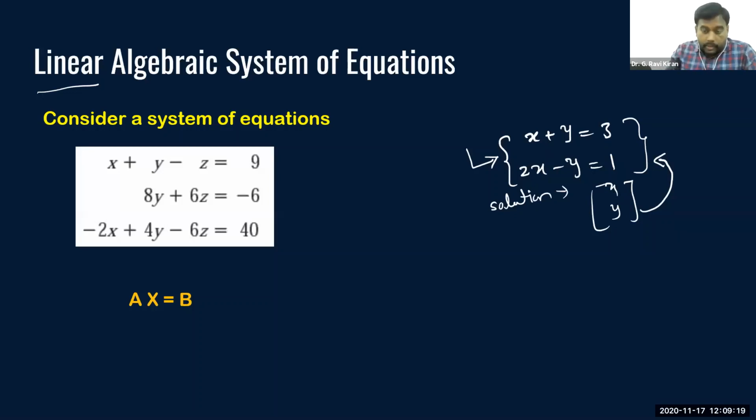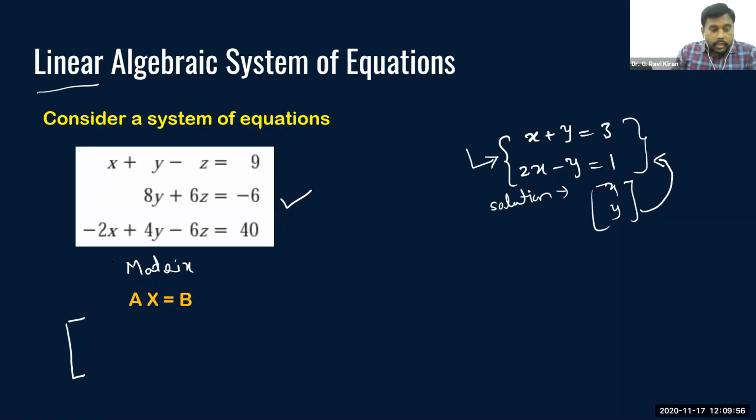This is what we do normally when you are given a system of equations. For example, let us say you are given a system of three equations in three unknowns. If you just recall how to solve this particular system, whenever you are given a system of equations like this, we'll first try to write its corresponding matrix form. Matrix form in the sense, we'll write it like Ax is equal to B. And what is this A here? A is the coefficient matrix, isn't it? It is the coefficient matrix.